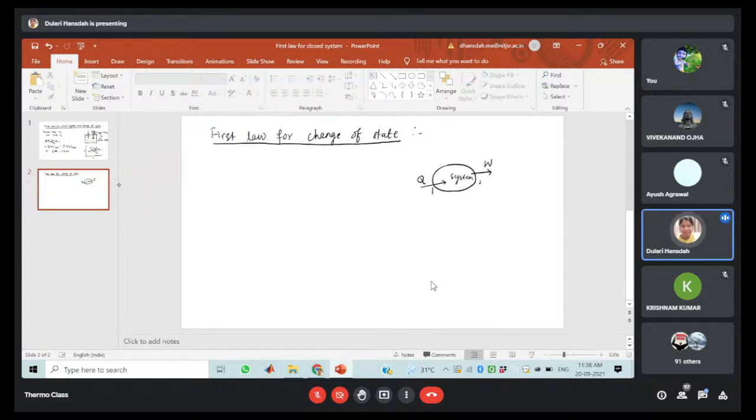So if there is the heat transfer in the system, then it will give the work output due to the change of the state. Okay. So suppose there is the change of state during